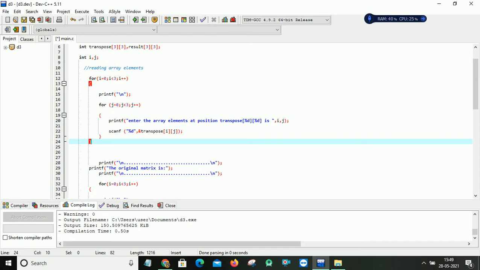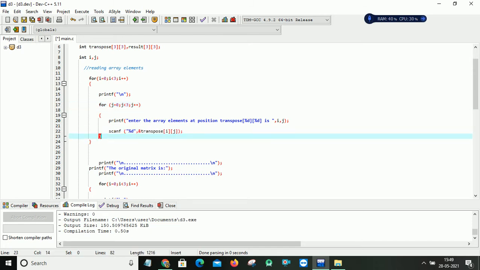These i and j values we are passing here, so those values come from this index, and after that j will increment. Now j becomes 1, so it will take the 0 1 position. J increments, it becomes 2, it will take the 0 2 position. Like that it will read the content from the keyboard by using this scanf statement.